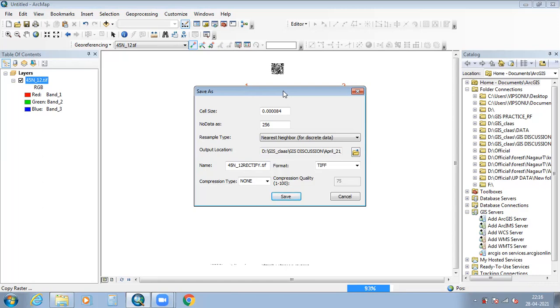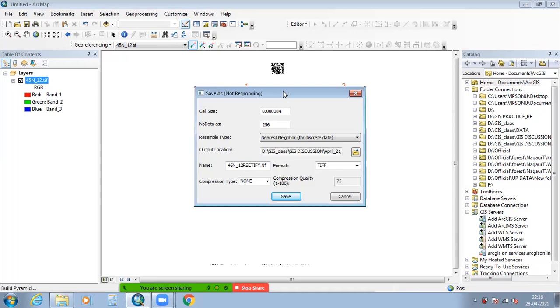In this way, we can put all the 4 points on all 4 corners of the toposheet, and then our toposheet is going to be rectified. This may take some time.